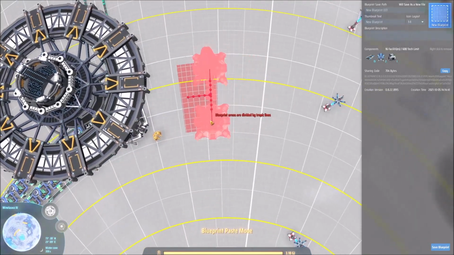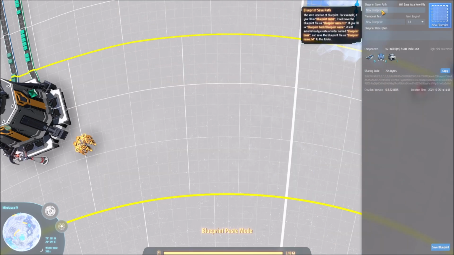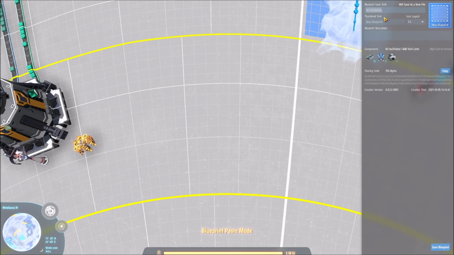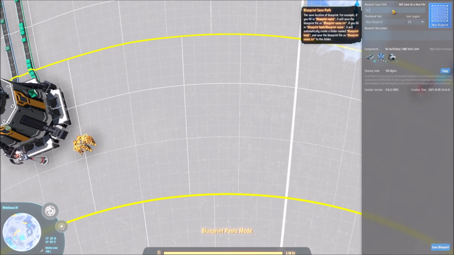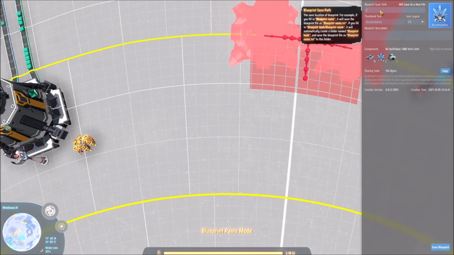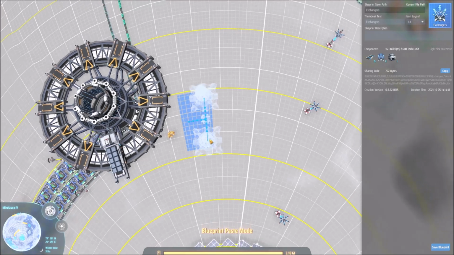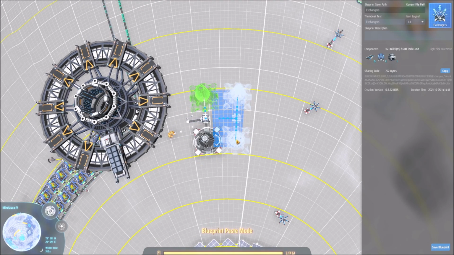So let's prepare for this, right? I'm going to paste these in, and I might even save this blueprint as accumulators. Accumulators, or energy exchangers, I guess they're called. Save blueprint. I don't know what this is. It looks like the same. But yes, this is what we want. Just make sure it's not, you know...